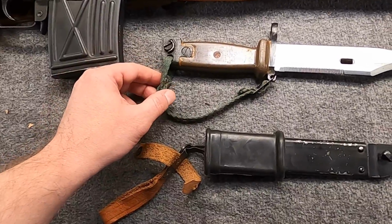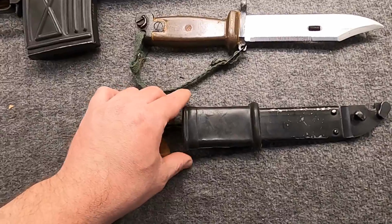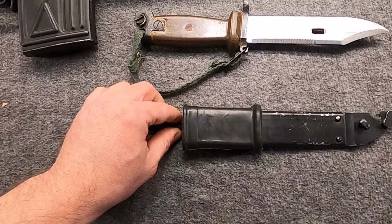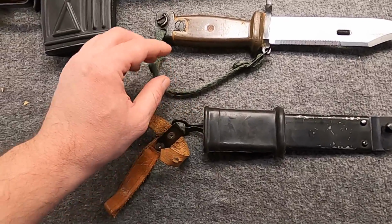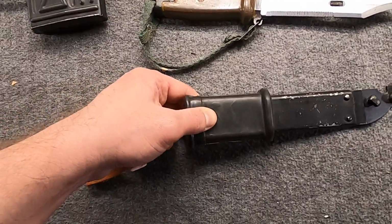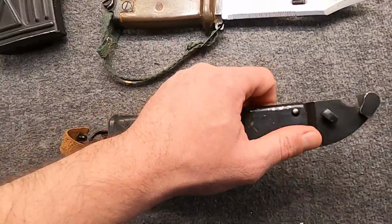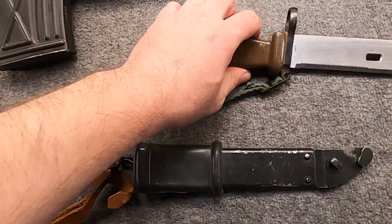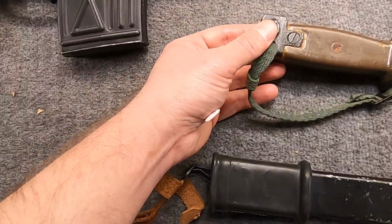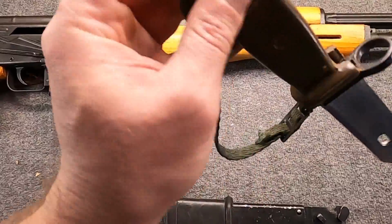Starting around 1965, we do get into the AK Type 2, or the overall Type 3 bayonet. But of course, nothing can be straightforward and simple, so there was a transitional period. And probably the most common transition would be using the original steel scabbard with the new bayonet. And the major update was to the grip. They went to a steel pommel here, end piece,